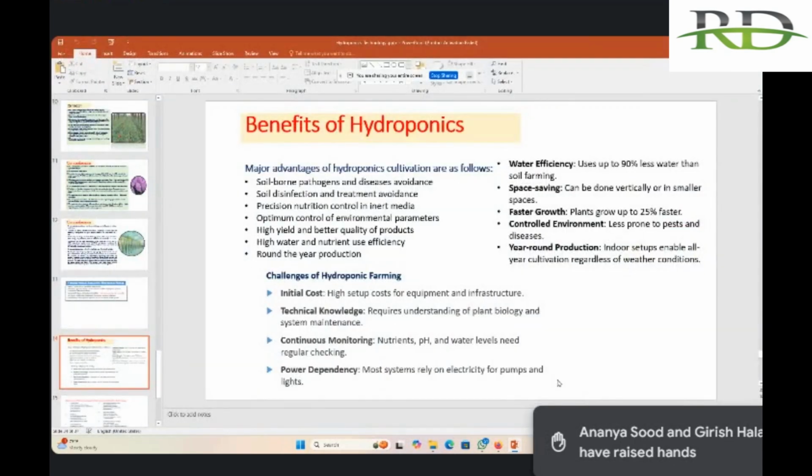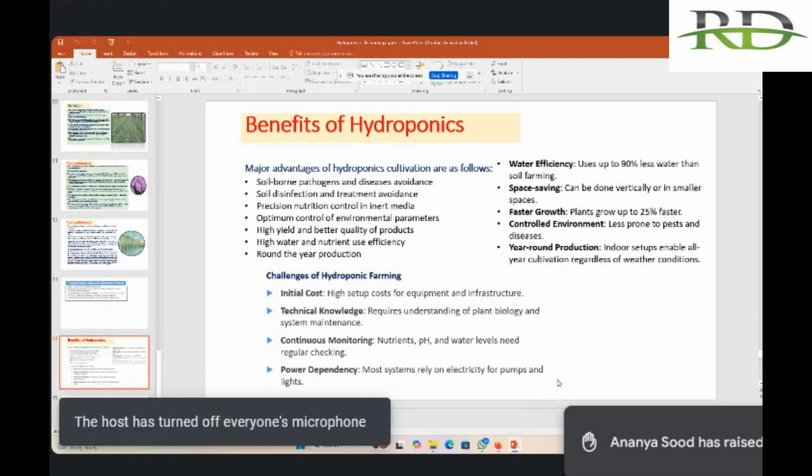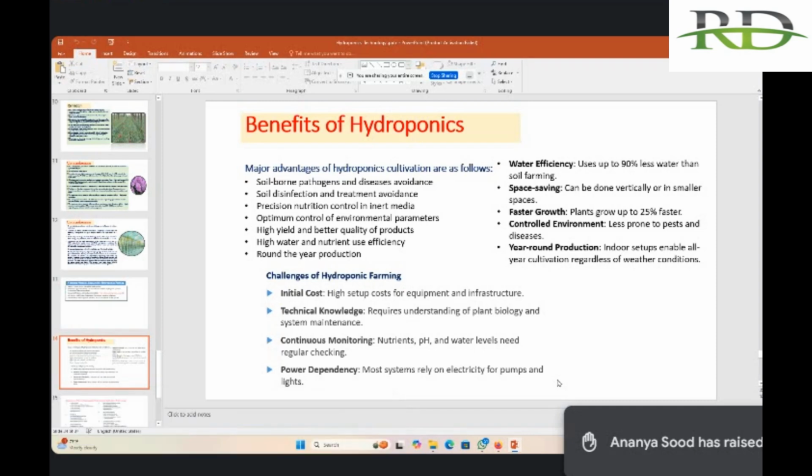Okay, so everyone, you have excellently told me what the benefits are. What we are doing in hydroponics is avoiding soil, so there is no chance of any soil-borne pathogens or diseases. In most areas, the soils are very problematic. There are lots of nematodes and lots of soil-borne diseases, and what they do is fumigate the soil,